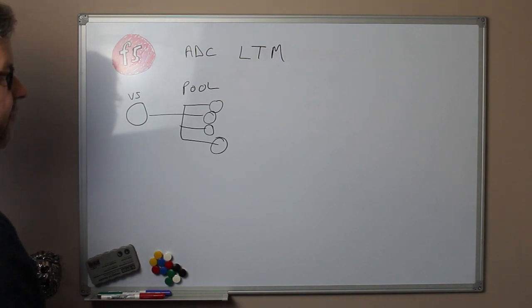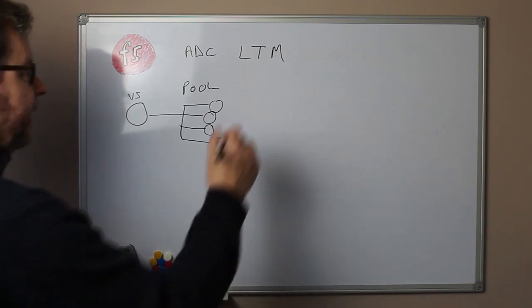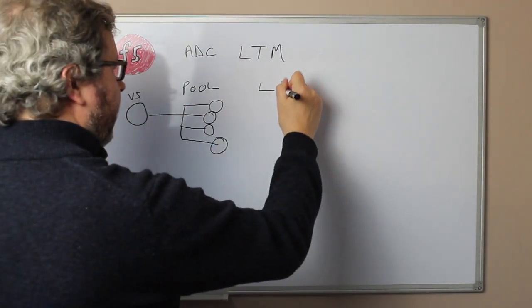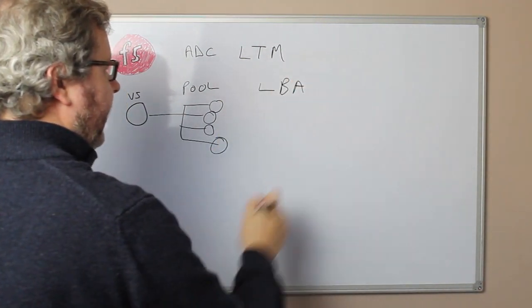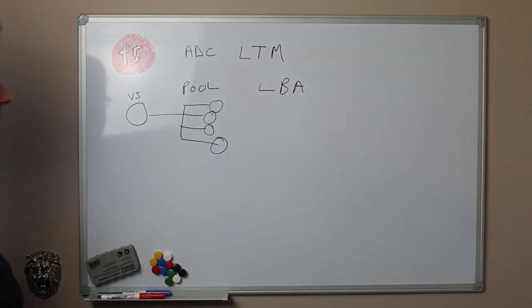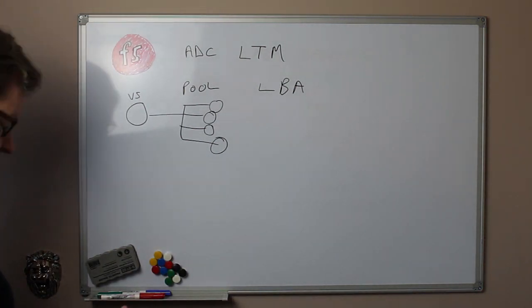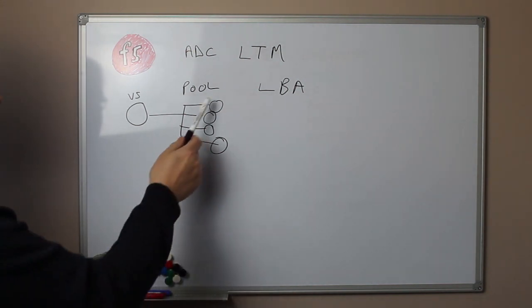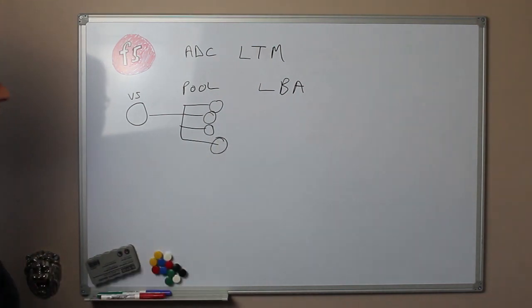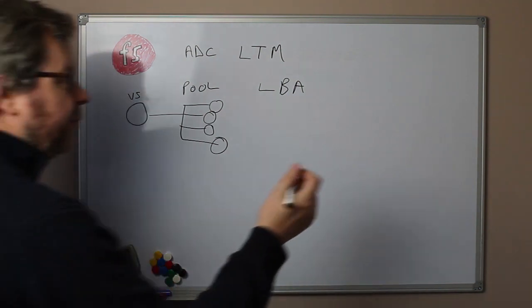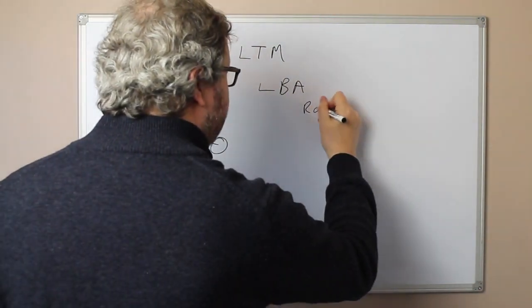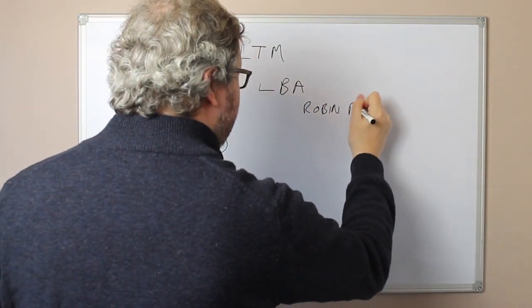The first key attribute for the pool, I guess, is the load balancing algorithm, LBA. Now, the load balancing algorithm will dictate how you will balance the traffic that comes in around the various pool members or endpoints that you have in your pool. So there's the standard default one, I guess, that everybody knows, round robin,